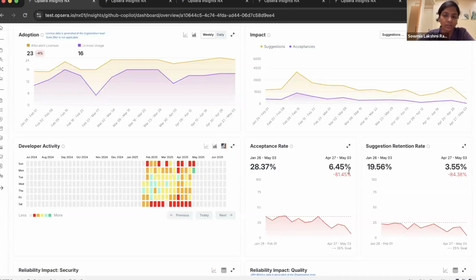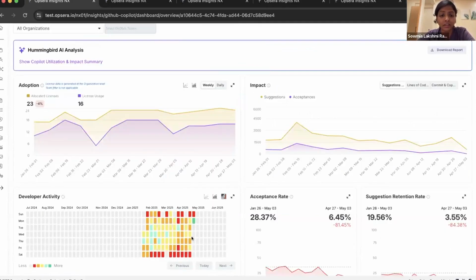So this gives you a detailed glimpse, and you can also correlate this with the impact chart. The impact chart that you see here, we offer 3 different flavors. One is, you get a trend of your actual suggestions provided by Copilot with respect to the acceptances, right? Here the suggestion and acceptance means a block of code. You ask for a prompt, and then Copilot provides you a good chunk of code, and that's the overall suggestion of the acceptance that you see here.